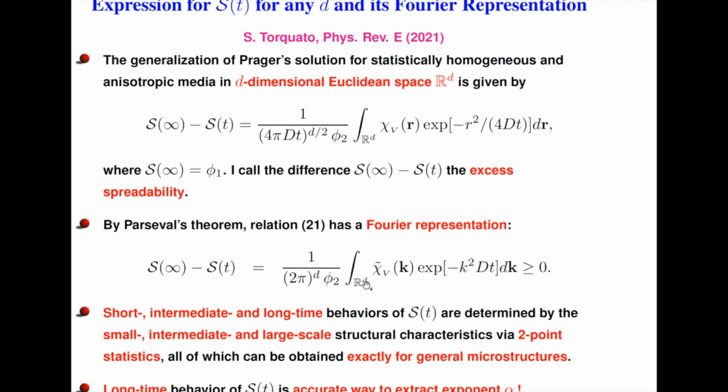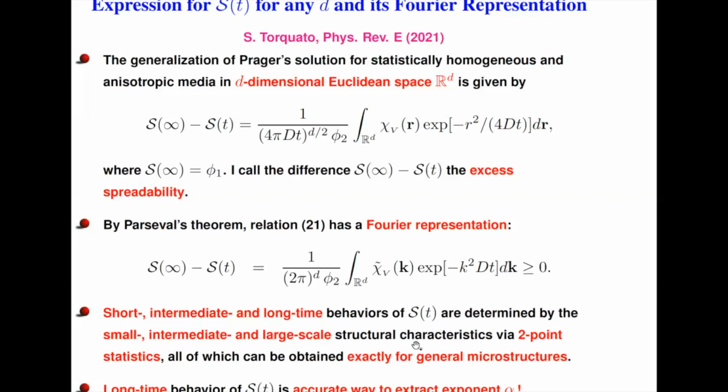And therefore, because of the nature of this function, this is positive. So you can't tell from this direct space representation what's going on, but here it's very easy. This is always positive. So this comes from the Green's function of the diffusion operator. This is always positive. So everything here has to be, the integrand is positive. So the short, intermediate, and long time behaviors of the spreadability is linked directly to the small, intermediate, and large